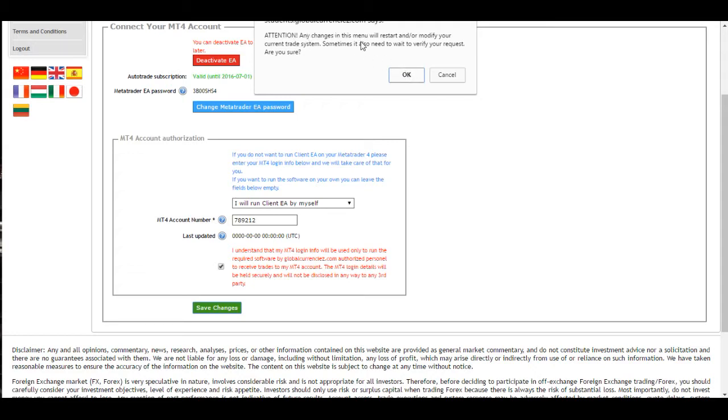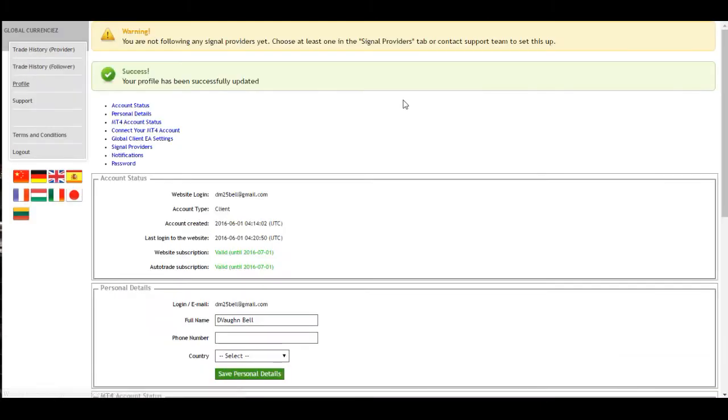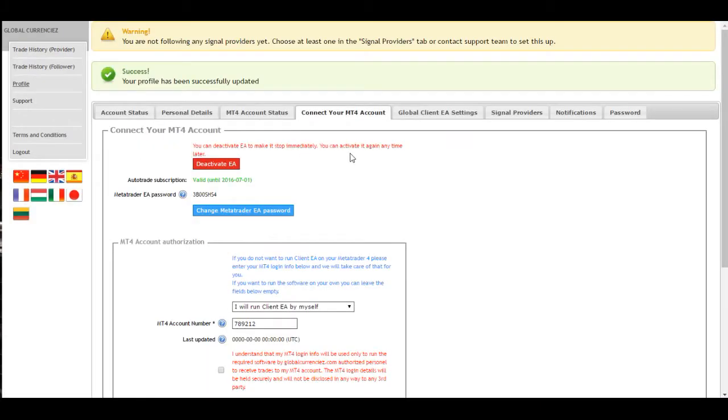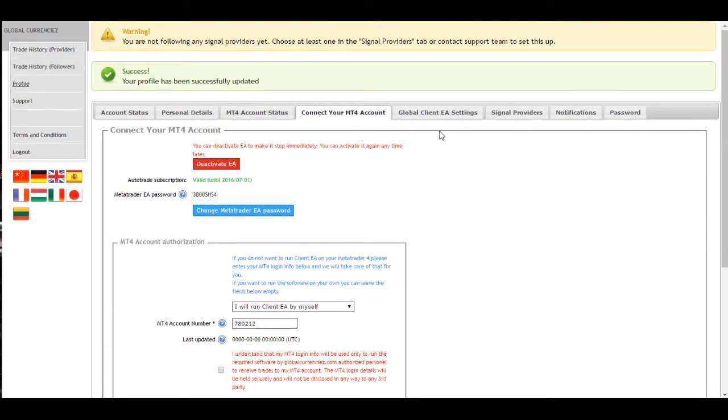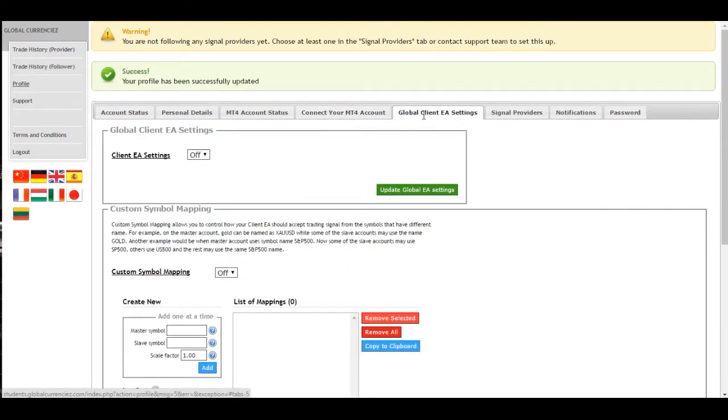Attention, any changes in this menu will restart and/or modify your current trade system. Sometimes it also needs to wait to verify the request. Are you sure? Just hit OK. All right, now that we've got all that set up, you're going to go ahead and hit Global Client EA